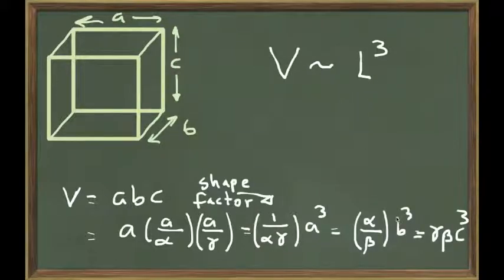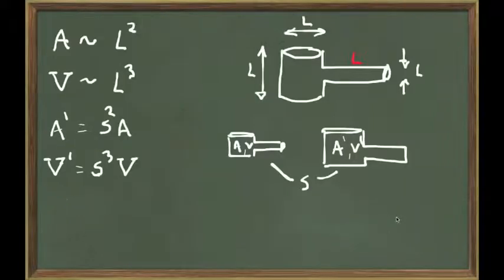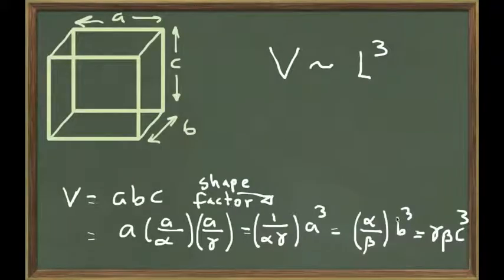So you can say that the volume is equal to some shape factor multiplied by a linear dimension. If you chose to find the volume in terms of B, then this factor will be a different thing, and if you write it in terms of C, it will be a different thing. But in all cases, as before, the important thing is that the volume is proportional to the third power of